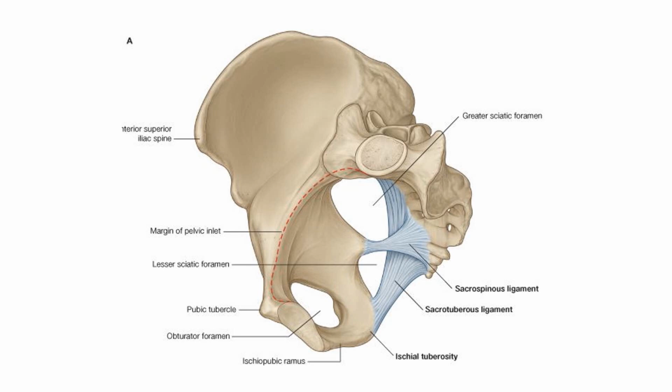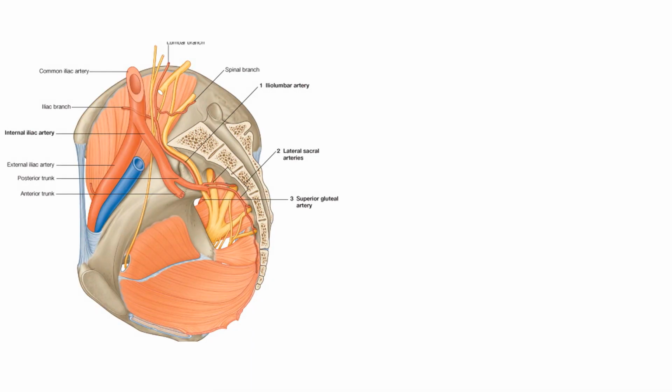This picture shows sagittal section of pelvis. This is pubic symphysis and whole of the sacrum can be seen here with ligaments, greater sciatic notch into greater sciatic foramen, and this is lesser sciatic foramen. Common iliac artery, which is supplying the lower limb, divides into external and internal iliac arteries, which are not shown here. Internal iliac artery is the one which supplies most of the pelvic organs, and the branches of the same are going out through the foramen to supply the gluteal region. Let us look at those branches.